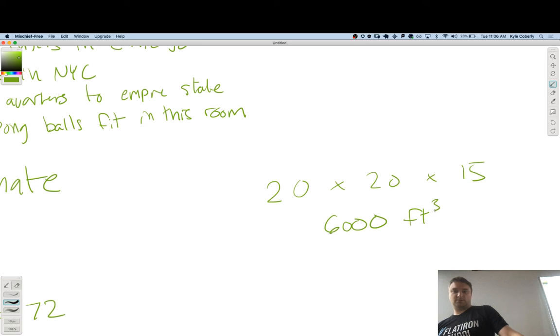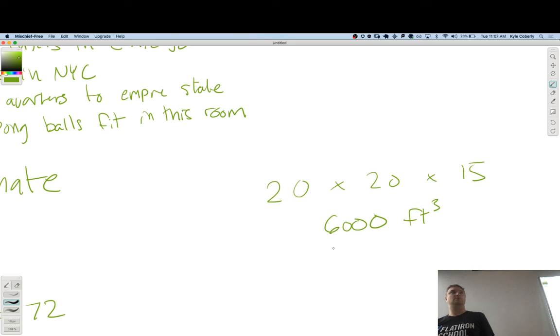cubic feet. So at 6,000 cubic feet, now we don't have the entire room available. We have chairs, we have all this ducting, we have all this kind of stuff. So you go, about what percentage of this room is obstructed? 15? 20?